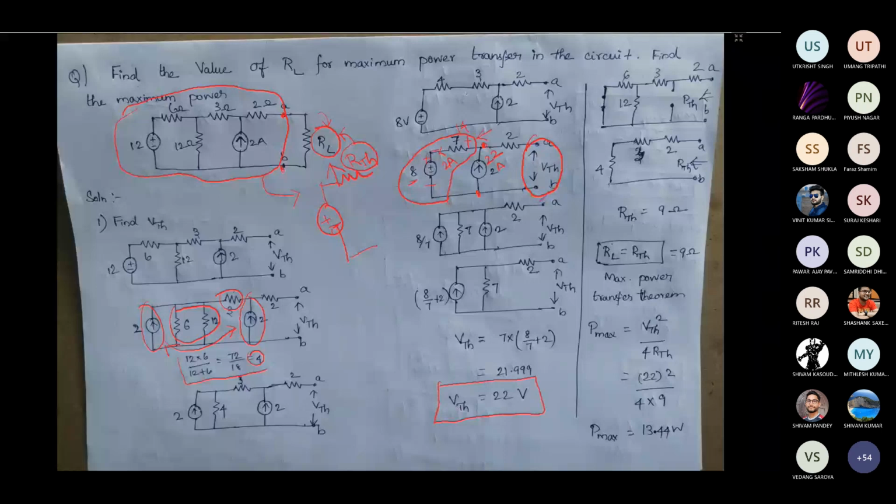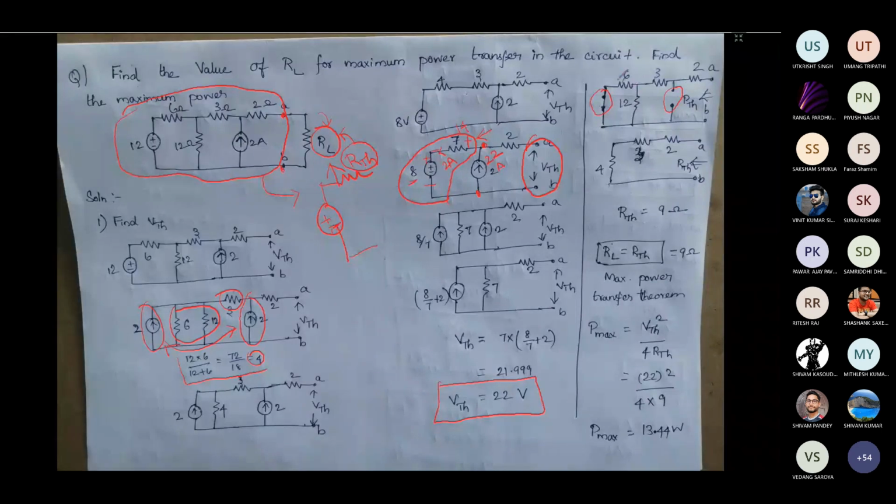Okay, now this is for V Thevenin. For R Thevenin, what do we need to do? We have to collapse all the sources. Here we have one voltage source that needs to be short circuited, which we have done here, and the current source should be open circuited. That is, the independent voltage source and current source should be collapsed. So once I do it, I have the remaining circuit like this.